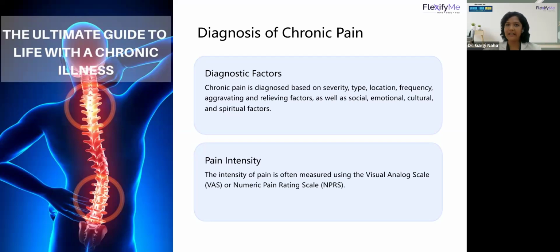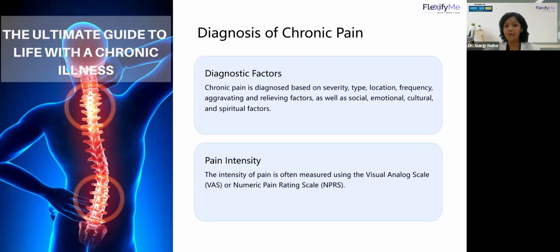Because if it is mild and a gradual onset is there, but it is there, it indicates more of a musculoskeletal pain, more of a postural pain. If it is at a very serious level, a very high level, then there might be some underlying cause for that pain which needs to be diagnosed through investigations. Okay. What is the type of your pain?